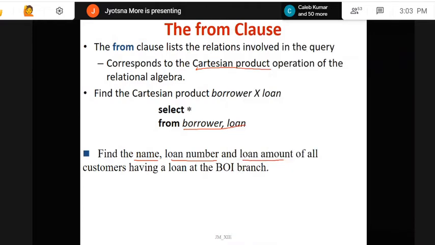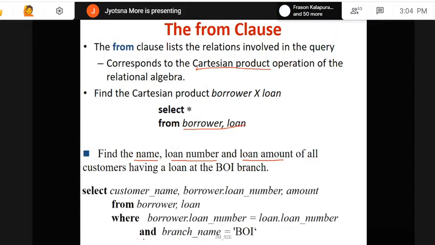Select customer name, then loan number and loan amount. You can also specify the table name before this, as I explained that day. For example, customer name from borrower. So borrower.customer name, loan.loan number, and loan.amount. Right? That way also you can specify. So that is given: select customer name, borrower.loan number,